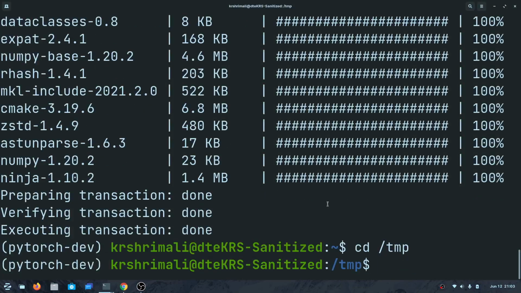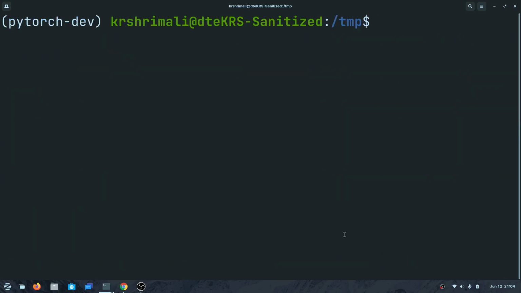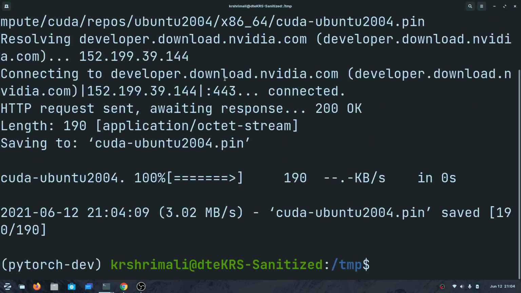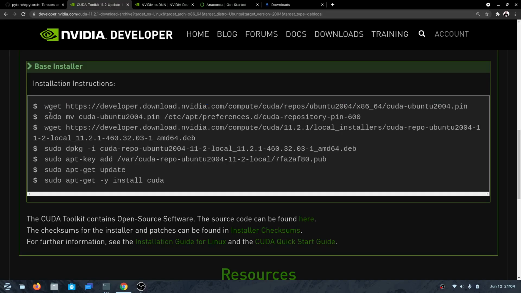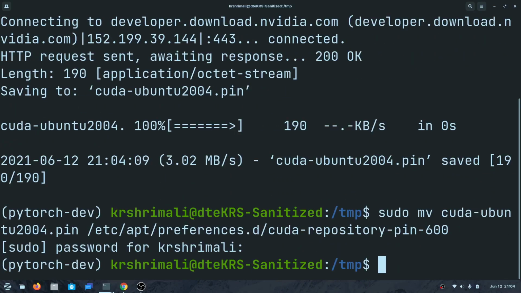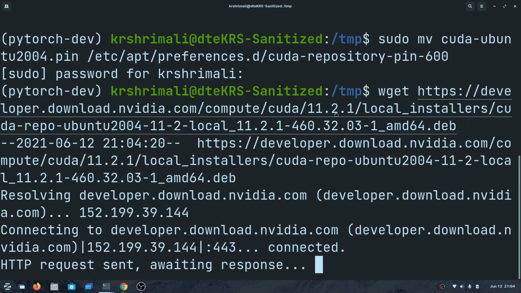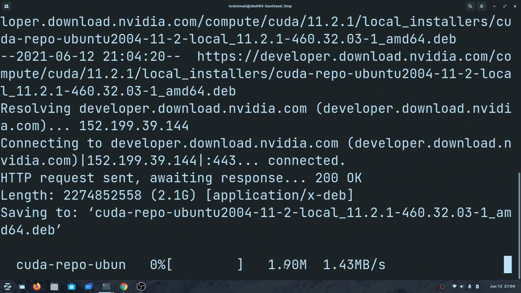I usually prefer to download anything that I feel is temporary to the /tmp directory, and whenever I restart, these things will be cleared out, so that it doesn't take up space. So I'm just gonna copy and paste. Right, it's downloading all the necessary files for installation, and you can understand what's happening, but for now let's just follow along with the instructions. This is the Debian file that is getting downloaded. It's pretty fast. My net should be good enough for it to complete within 2 or 3 minutes.